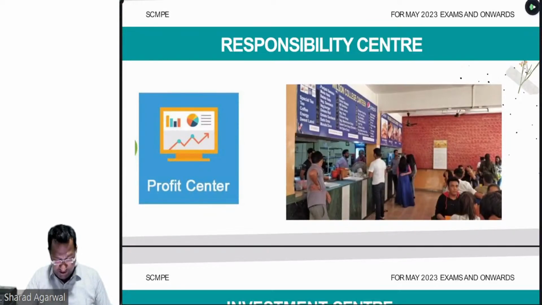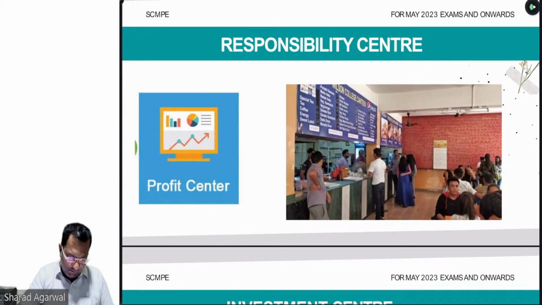Hostels in college. Very good beta Rashmi. This can be the perfect example of a profit center. Not only does the hostel have to generate more and more income by making more and more allocation of beds, they also have to control their cost. So definitely hostels in college can be one of the best examples of a profit center. Very good beta Rashmi Kamat.